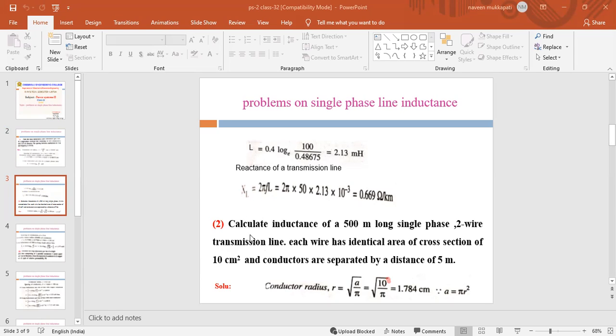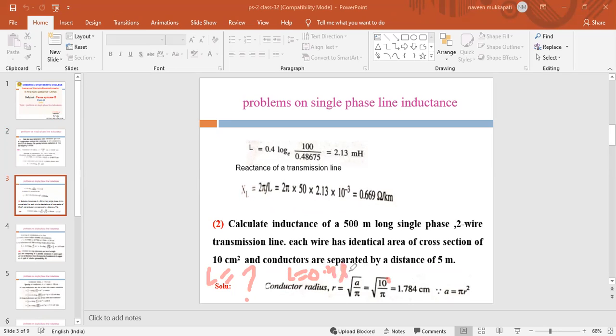First of all, what is the given data? We calculate the inductance L of a 500 meters long single phase two wire line. We have two conductors. Therefore, what is the formula for the inductance? When the two conductors are in parallel, inductance L is equal to 0.4